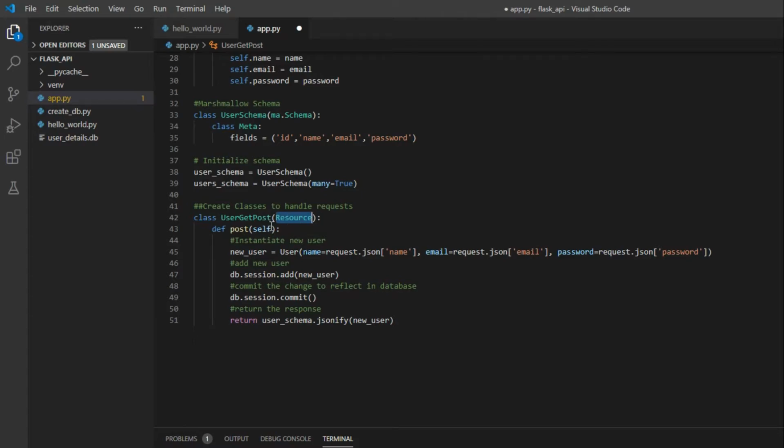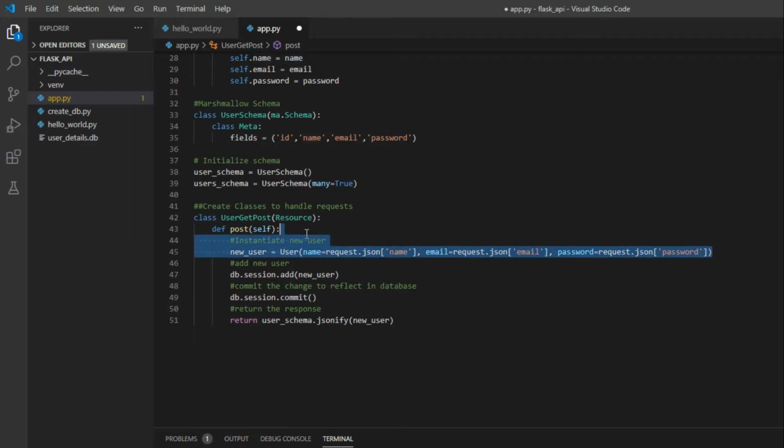Inside that we have defined our post method. In the post method we first initialize new_user equal to User, with name from request.json of name, meaning whatever name we accept from the request, and we initialize email with email and password with password.